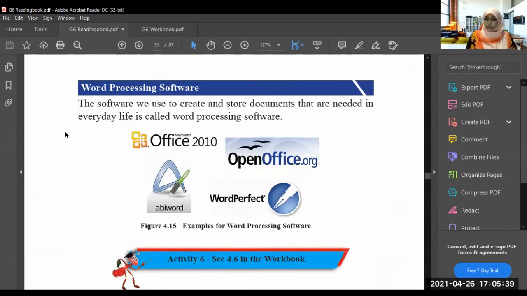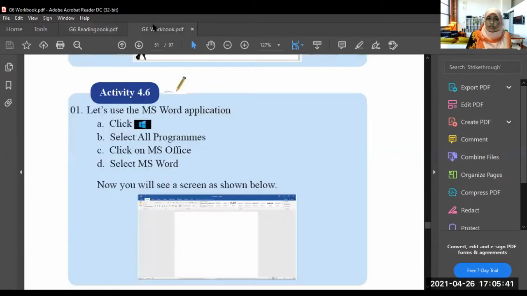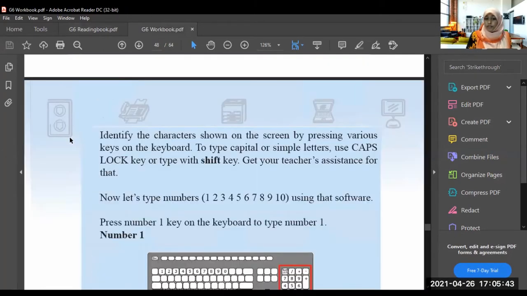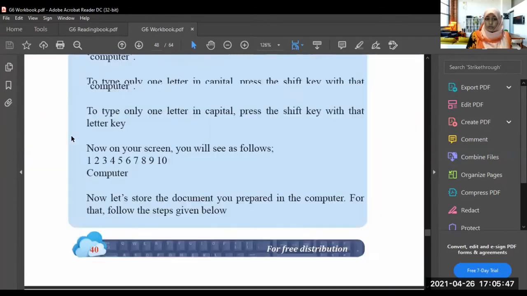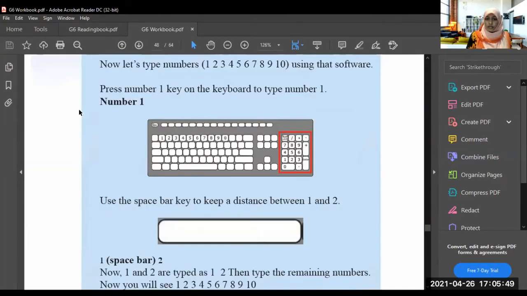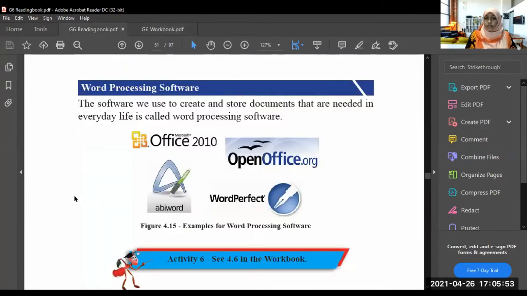Word processing software. Now we are learning some of the application softwares, okay? What is a word processing software? The software we use to create and store documents that are needed in everyday life is called word processing software.